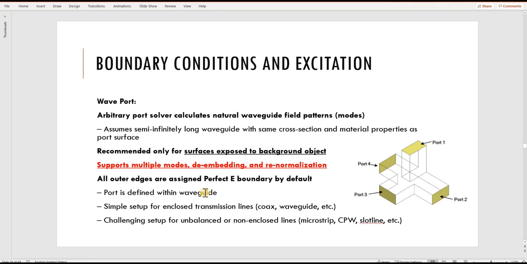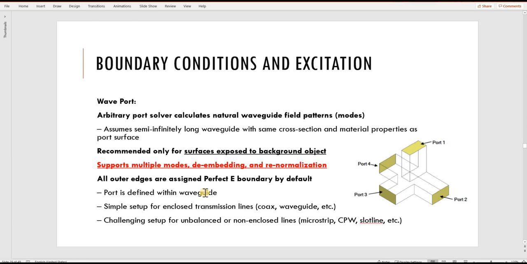This port is recommended only for surfaces exposed to the background objects. Usually they are used to excite transmission lines like microstrip, strip lines, coplanar waveguides, CPW transmission lines, and